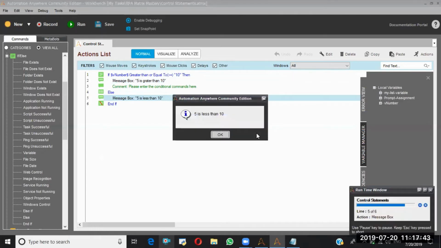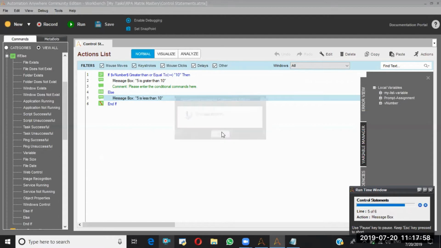See, 5 is less than 10. It went to the else block. The reason is the first line, that means the given if statement, is false. That's the reason it went to the else block. So like this, if and else will work.